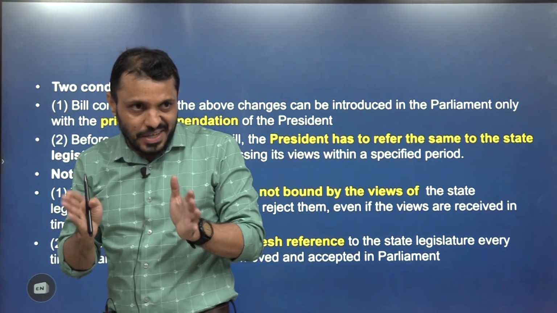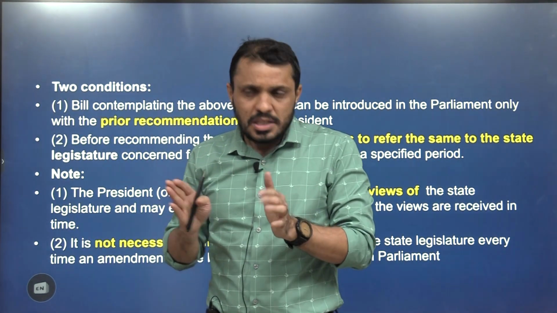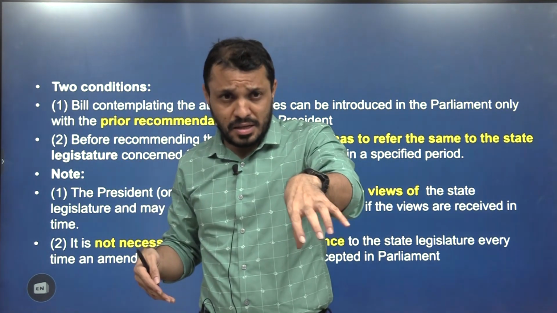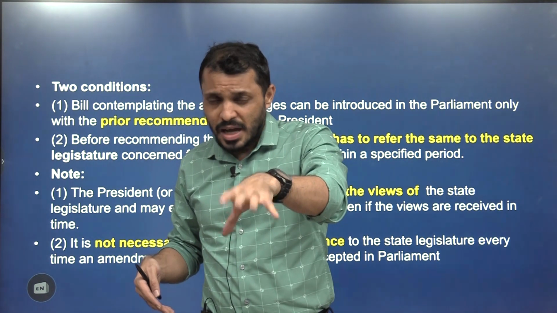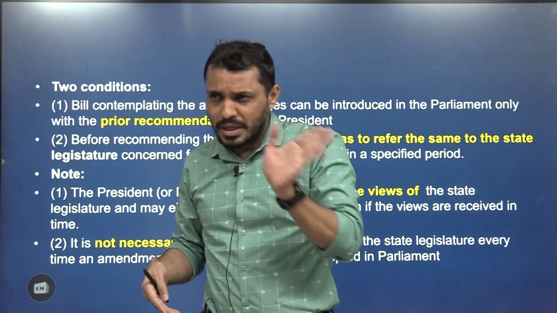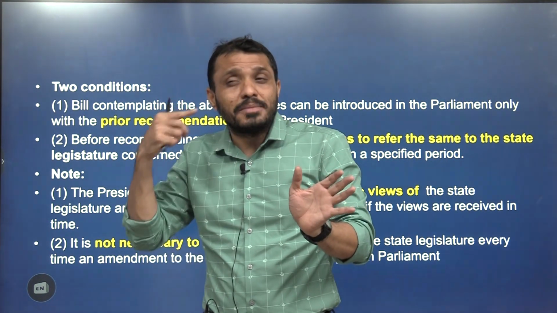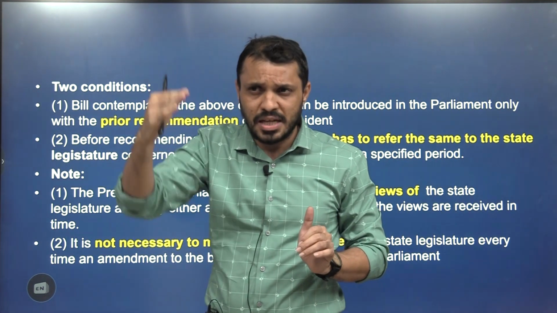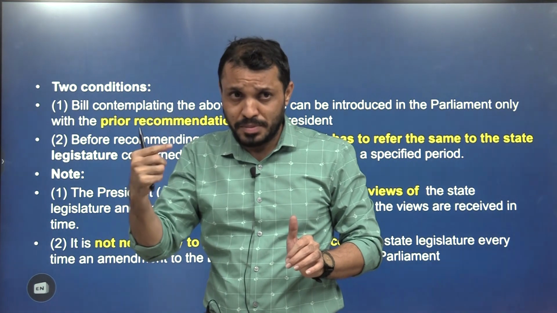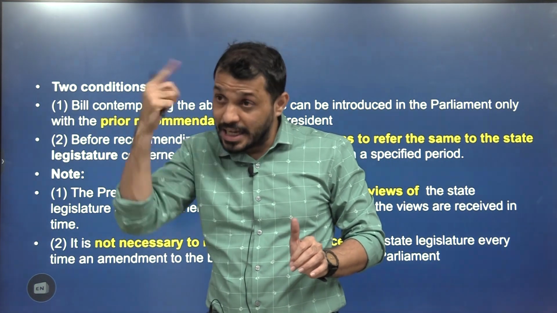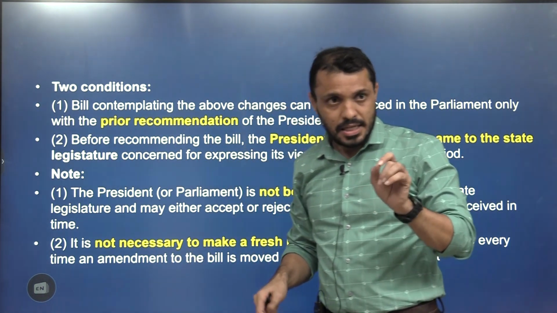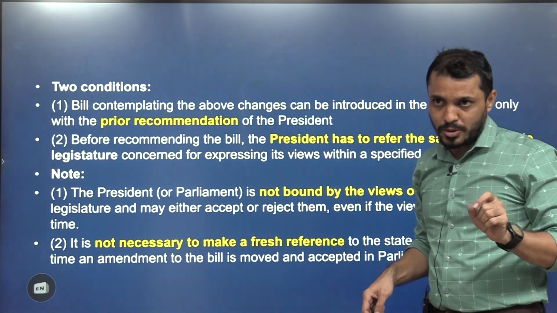Take Andhra and Telangana dividing, for example. Khammam district in Telangana. The bill was forwarded to the United Andhra Pradesh Assembly. The assembly gave its view. The bill came back to the president. Now the government changed its view and said, okay, we'll merge Khammam with Andhra. They changed some things in the bill. When they change it, it doesn't mean they have to send it to the assembly again. Be clear with these finer details. They will be tested in your prelims. Are we clear about this?